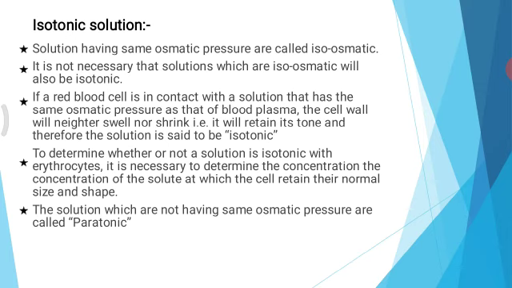Fifth, solution for intrathecal injection. These must be isotonic because the volume of CSF, cerebrospinal fluid, is only 60 to 80 ml. Hence, a small volume of a paratonic solution will disturb the osmotic pressure and may cause vomiting and other side effects. The next principle, number 6, is solutions used for nasal drops. Isotonicity is needed since paratonic solution may cause irritation.